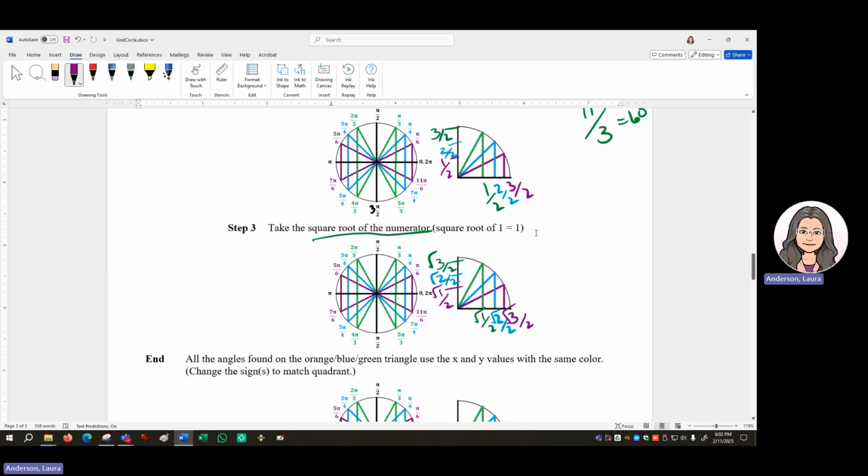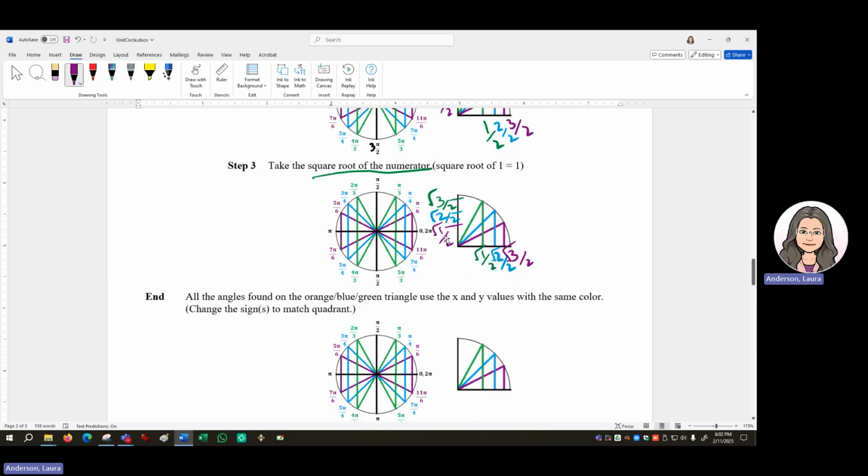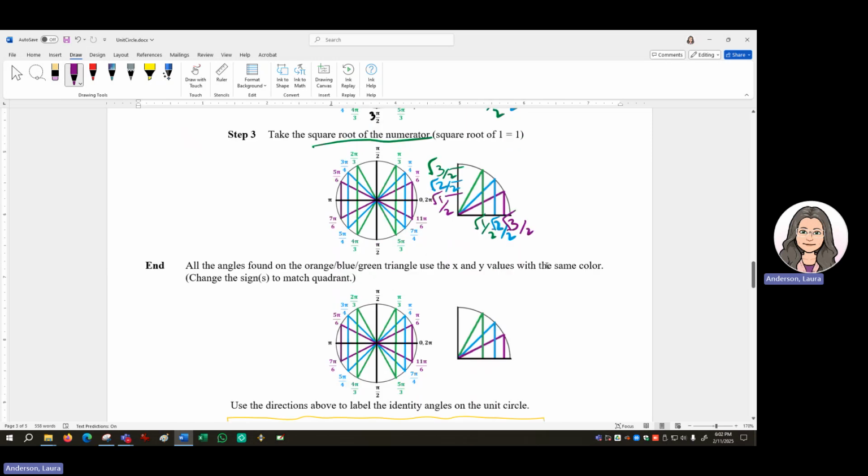So then we will remember that the square root of 1 is 1. So for the first angle up and the first angle to the right, that square root of 1 is just going to become 1. So our final result is we have, this is 1,